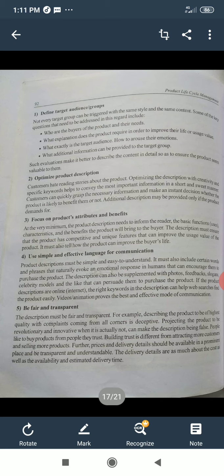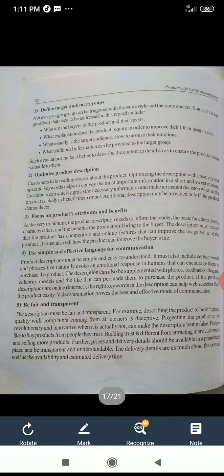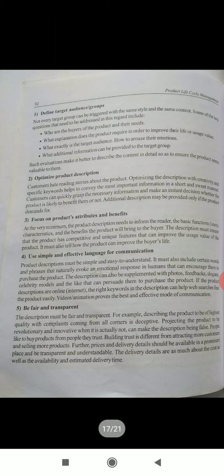If the product descriptions are online, the right keywords in the description can help web searches find the product easily. Videos or animation provide the best and most effective mode of communication.